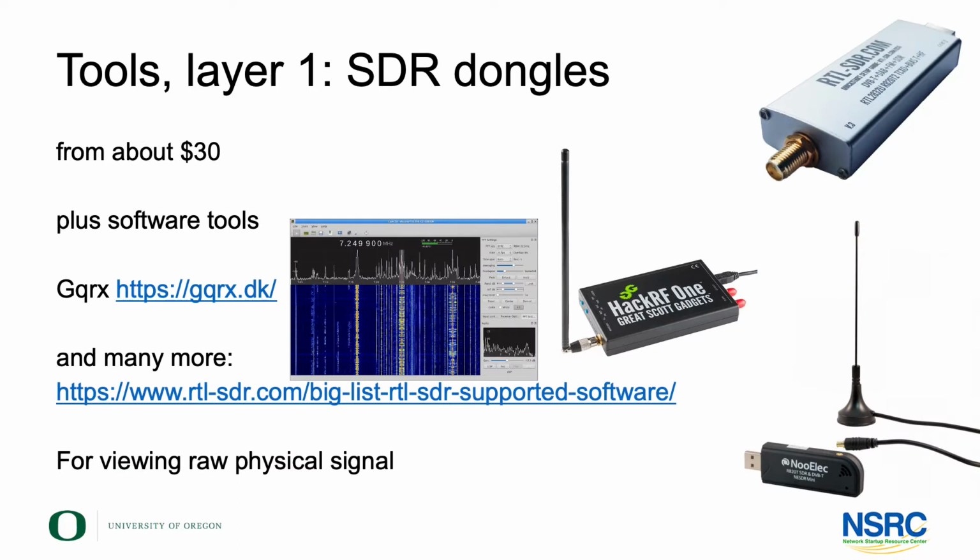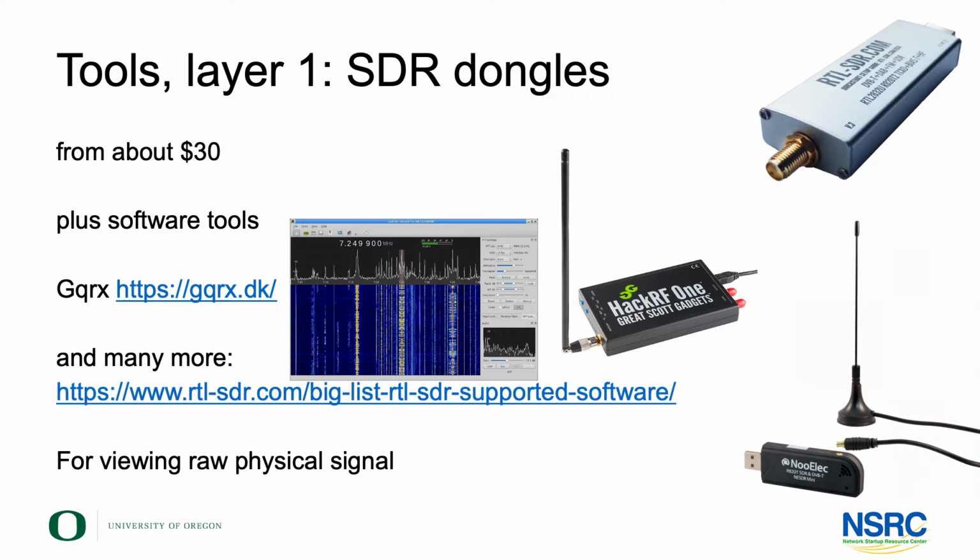Quite similar, really, is the approach of using software-defined radio dongles, of which there are many. Some examples include RTL-SDR or the HackRF One, but these are by no means the only ones. I'm not recommending any specific maker or vendor here. There are many of these. You'll want to look at the frequency ranges so that your frequency ranges are covered. In Wi-Fi, very likely 2.4, 5, perhaps 6 gigahertz range.